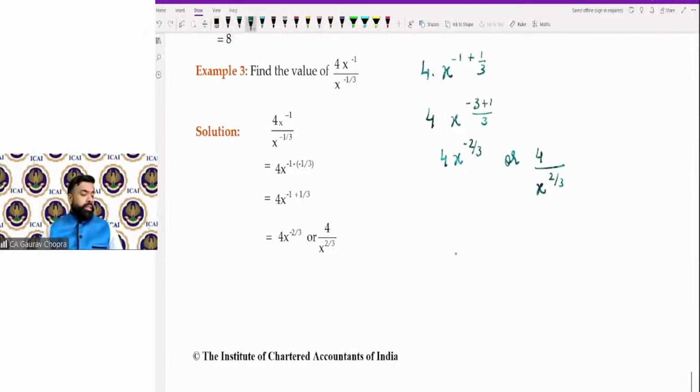Om Prakash is asking, choosing one option, one answer from MCQ is okay, or all the correct ones are to be taken. See, you have to select only one option. If all are correct, then select all option, not A, B, C, and D. You have to select only single option at a time. If you are selecting multiple option, then your answer will be rejected.